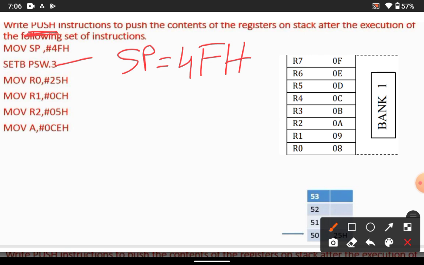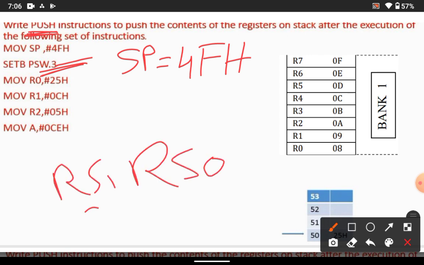RS0 and RS1 are used to select the register bank. So when we set PSW.3, that is bit 3 of the program status word, RS0 and RS1 will have 0 and 1. If 0 and 1 is present, we are selecting the particular register bank, that is bank number 1.